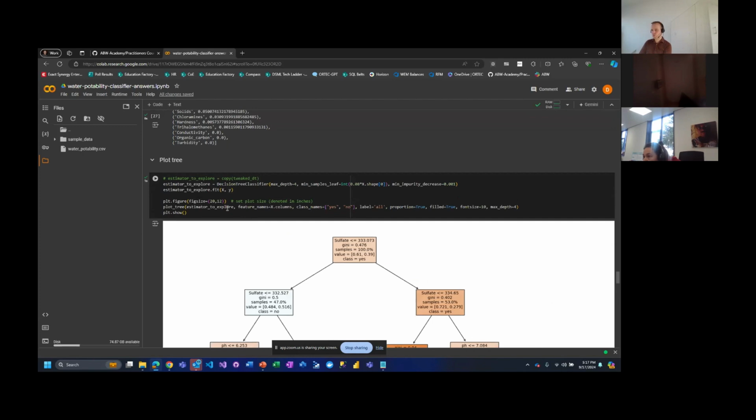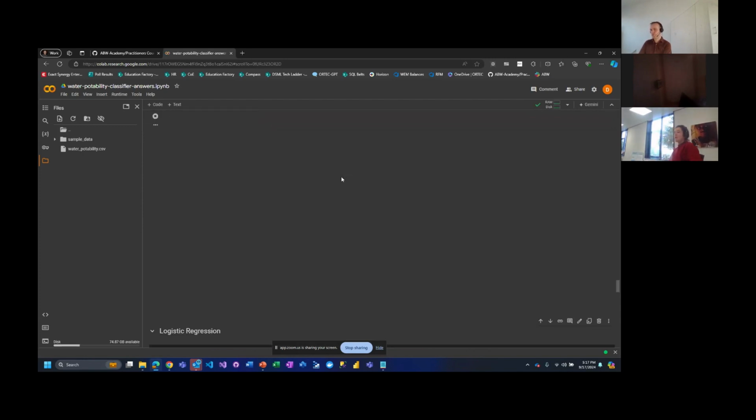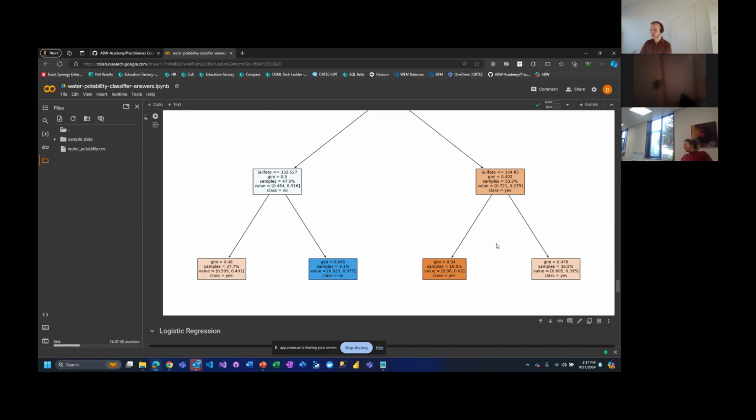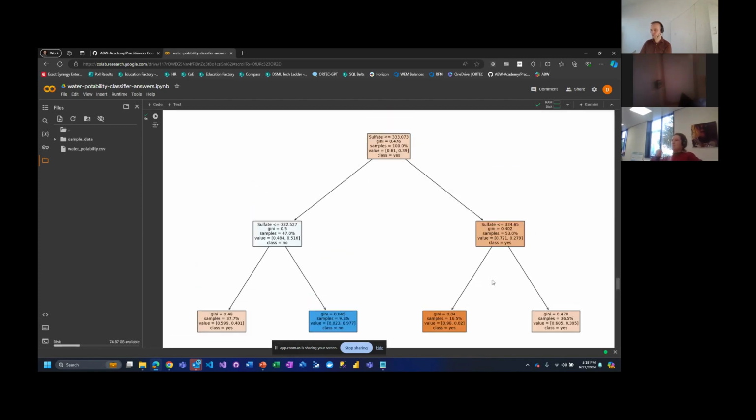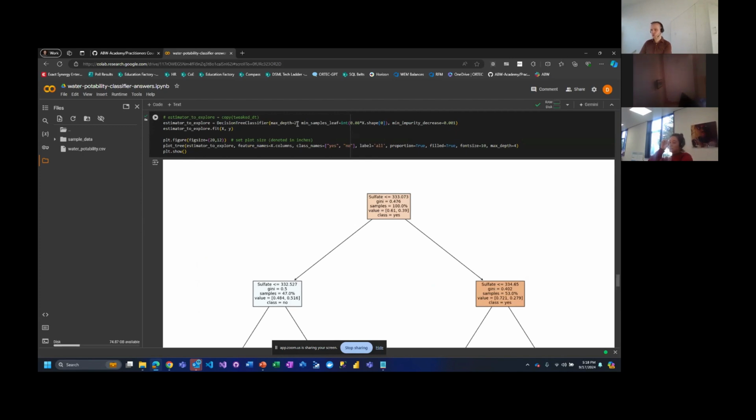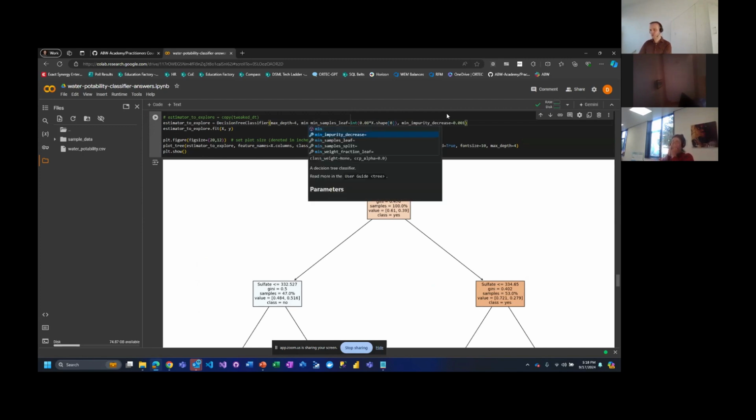But for example, if I would change this to a maximum depth of 2, you see that the tree changes significantly. So that's the nice thing about this plot tree. You can just experiment a little bit with this. So for example, what I could also say, min samples,